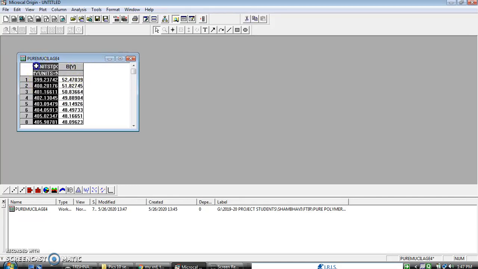Now I will be selecting both these two files. FTIR gives you two data, X and Y axis. In the X axis you will get the wave number and on the Y axis you will get the percentage transmission. As you select both these, you will get the dark colored part selected over this.